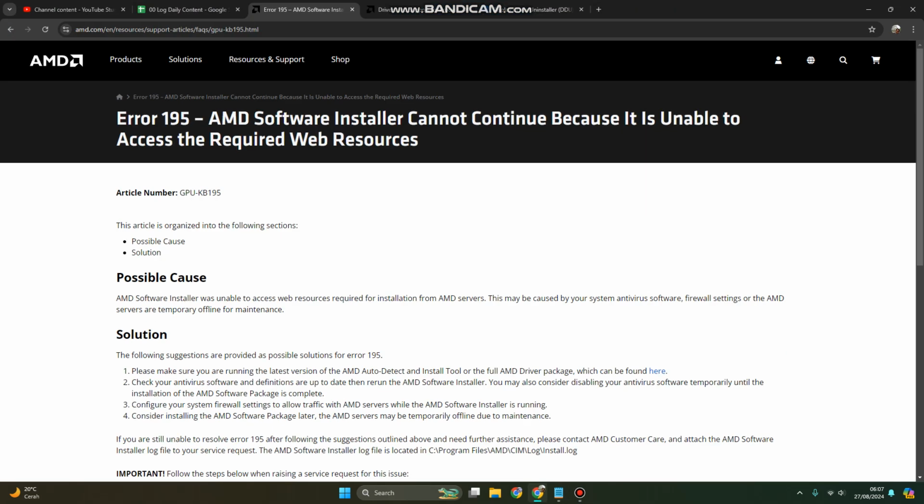Today I'm going to show you how you can fix error 195. The AMD installer cannot continue because it is unable to access the required web resources. If you encounter this error, it means when you install the AMD driver with the AMD Auto-Detect and Install tool, your internet connection is cutting off or shut down, so you cannot complete the installation. And there is another cause